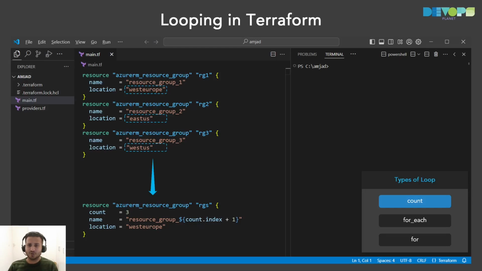But if you have noticed, the location was still the same for all three resource groups. But in a scenario where more than one property is going to change, different for each resource, how can we make sure we can still use the grouping? For this kind of complex scenario, I would say we can use